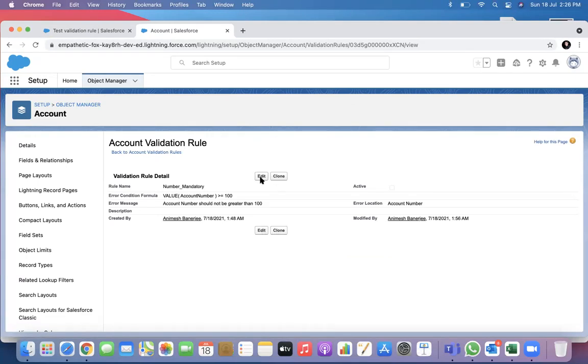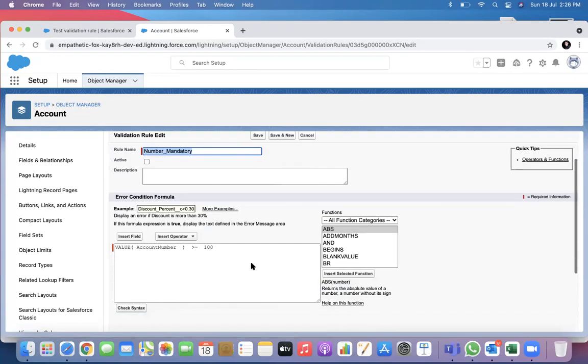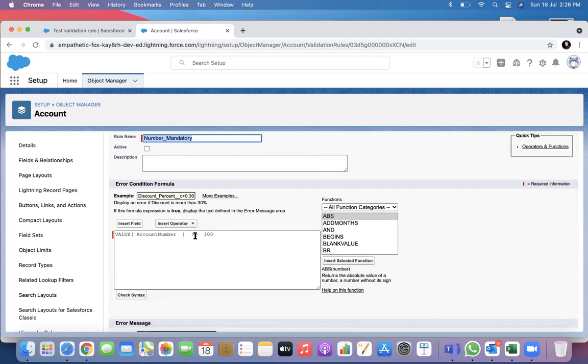If you want to put multiple logic together, what if I want a value between 100 and 1000? How will I write the logic here? Using the AND function. What would be the logic?